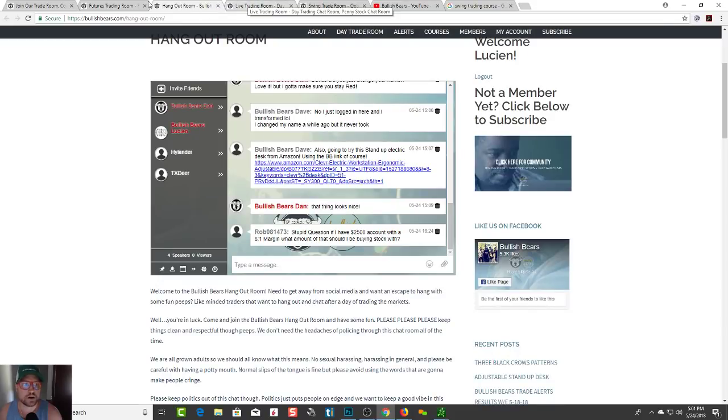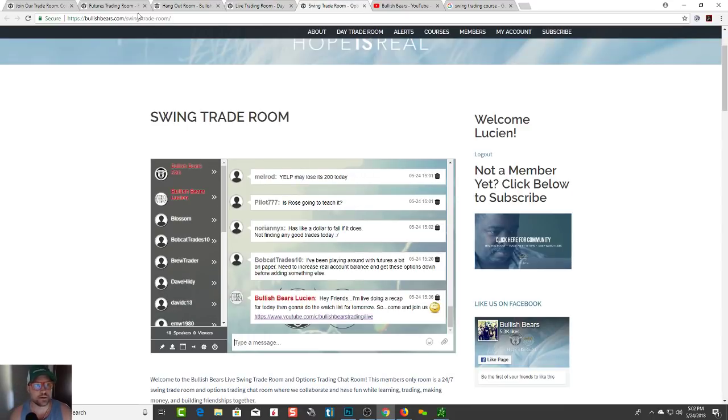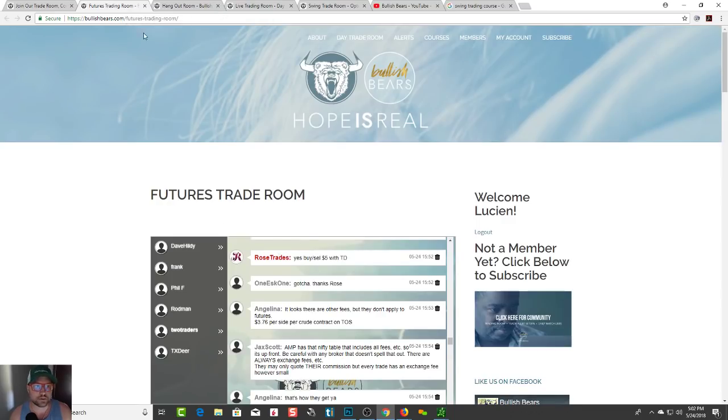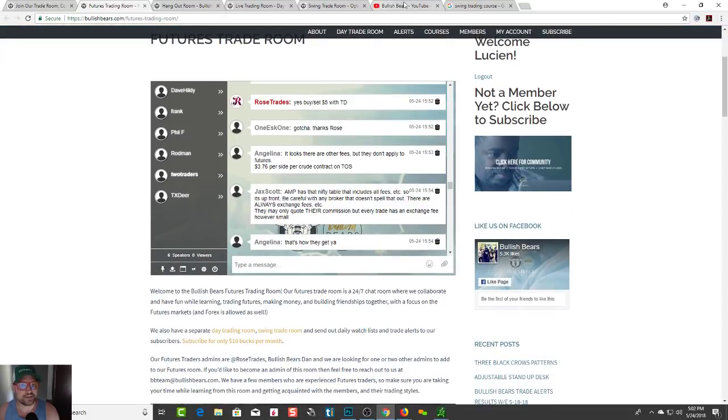And the trade rooms, all of our trade rooms, guys, are 24 hours. Our day trading rooms, 24 hours, even though people are not day trading. Same thing with swing trading. Futures open 24 hours, and now we got our hangout room for people talking. Nobody's in there. Somebody go in there and start talking. We opened up the room for you guys. Start talking. David, go in there and talk. There you go. That's what I got. What else we got?